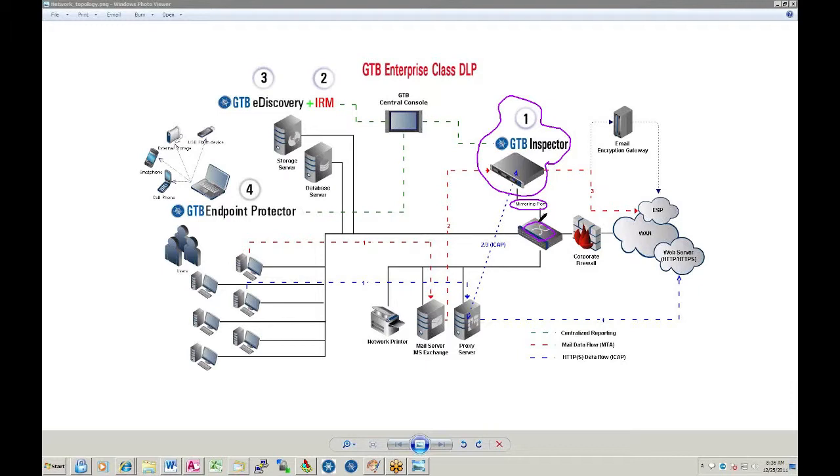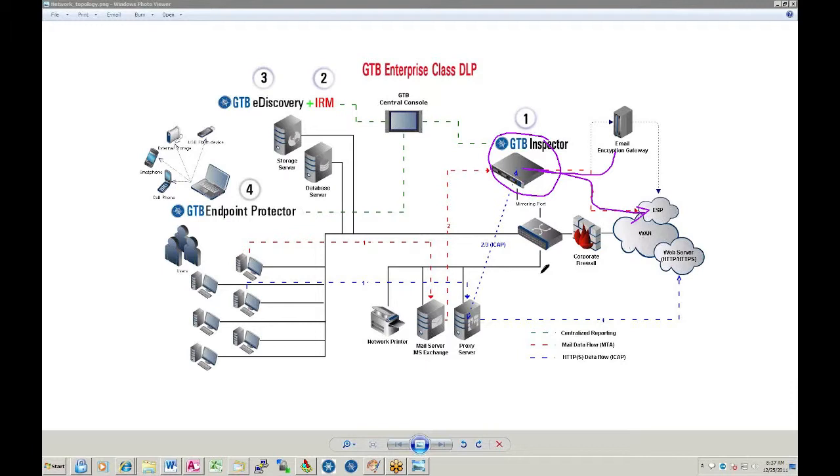For those organizations who want to inspect email, you'll need to reroute your SMTP transmission from your server directly to the inspector. The inspector has a full MTA inside. It is going to be able to scan the emails, the body or the attachments of emails, and given its full MTA, it will then allow users to remediate violations. Such remediation could be to route emails to the encryption gateway, delete them, or possibly send them back to the